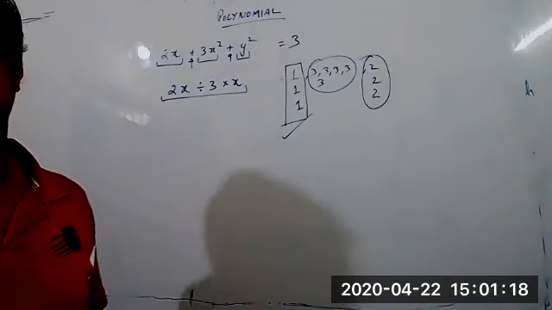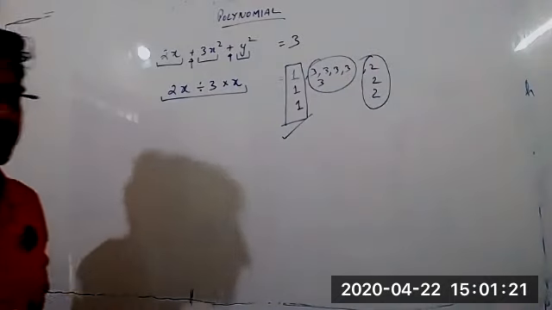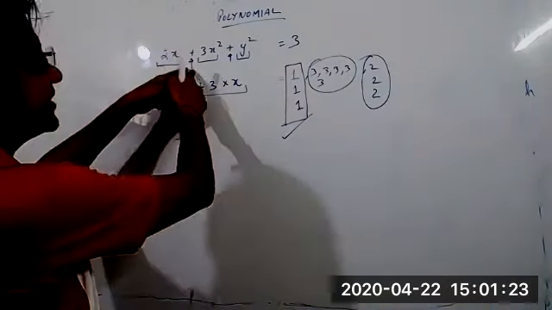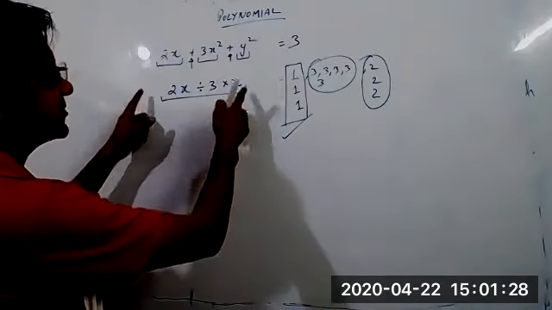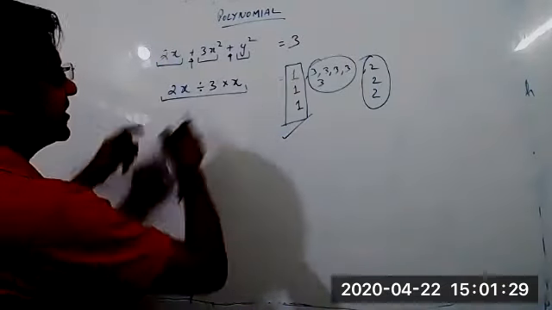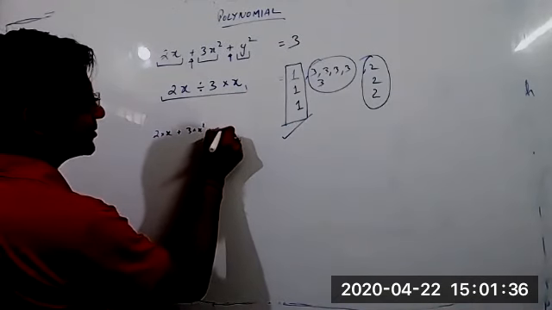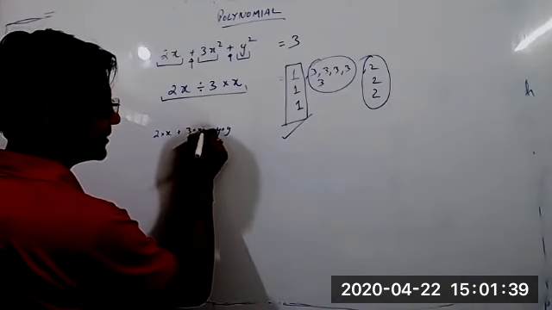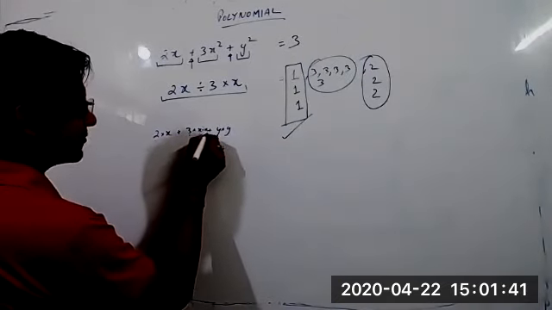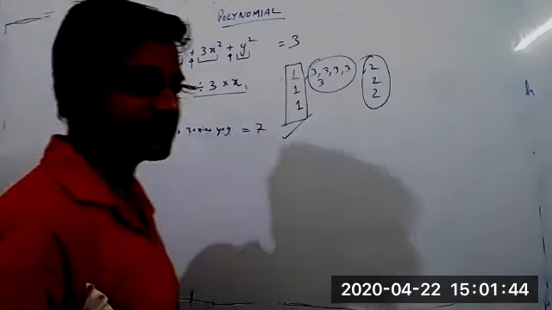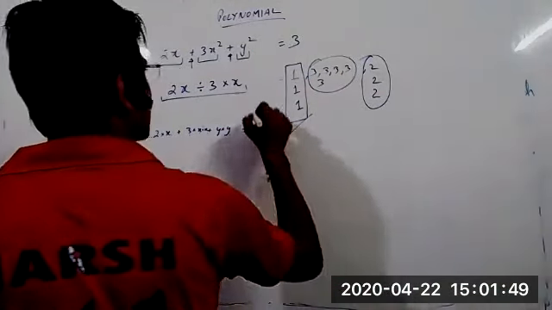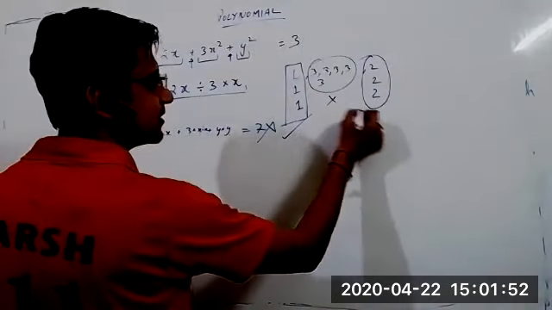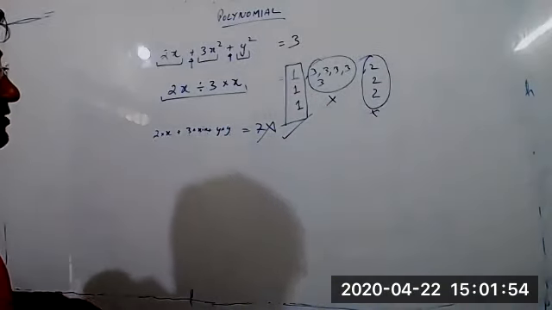It is 1 term. When we talk about terms, they are separated by either plus or minus. If you say this is 3 terms, then why? 2x is also 2 into x, plus 3 into x square, plus y into y, or x into x. So 1, 2, 3, 4, 5, 6, 7. You should have said 7 terms, isn't it? So 3 is right and 2 is wrong.